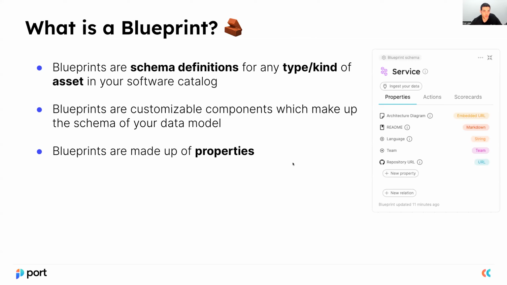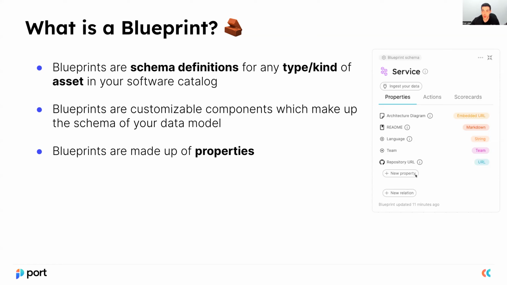So what is a blueprint? Blueprints are schema definitions for any type or kind of asset in your software catalog. And these are customizable components which make up the schema of your data model. And all blueprints are made up of properties. So for example, here you can see the service blueprint. And this is a blueprint that we're also going to look at in the example that I'm going to show